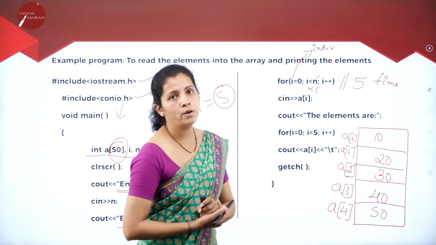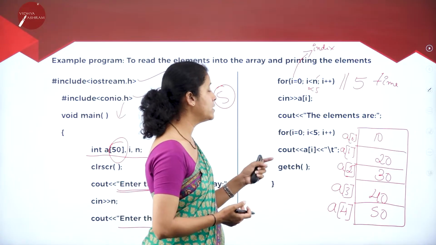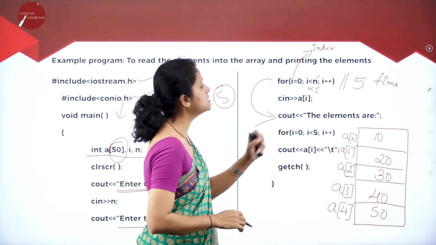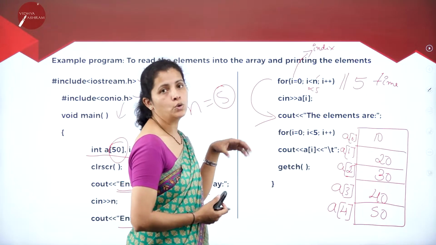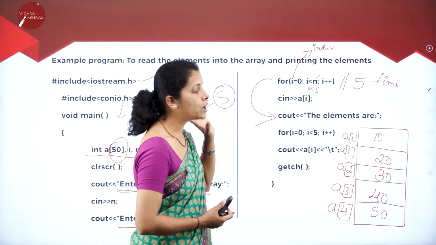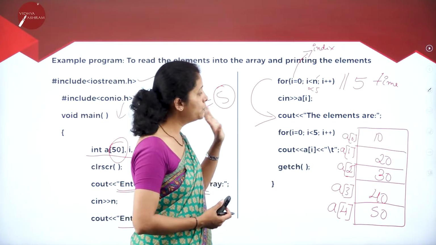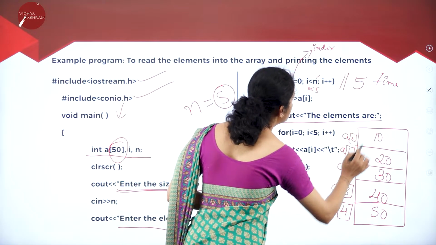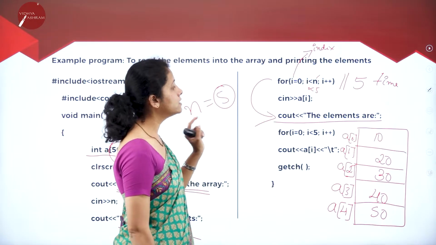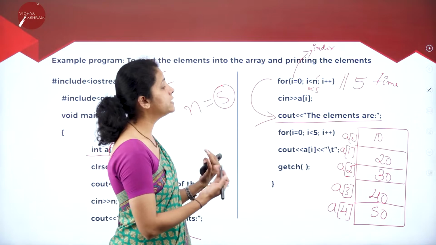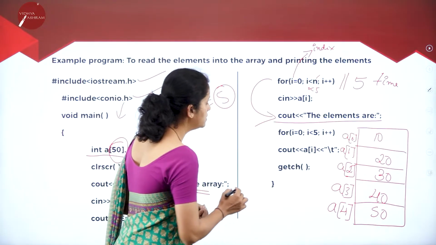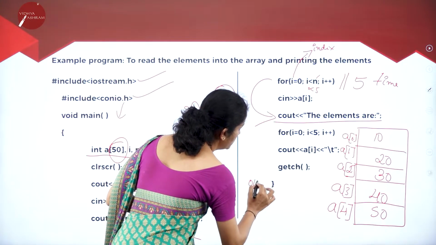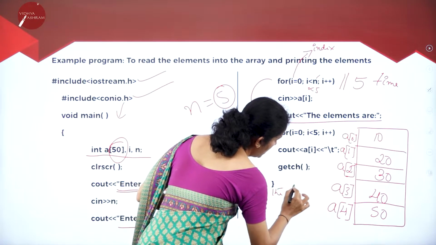Now I is incremented by 1, I is 5, 5 less than 5, the condition is false. So the control is transferred to the next statement, that is I want to display, or print, the elements which are stored in this array. Now I'm going to display the message to the user that the elements are, and I'm going to display the values one after one. So here I'm going to get the output: the elements are